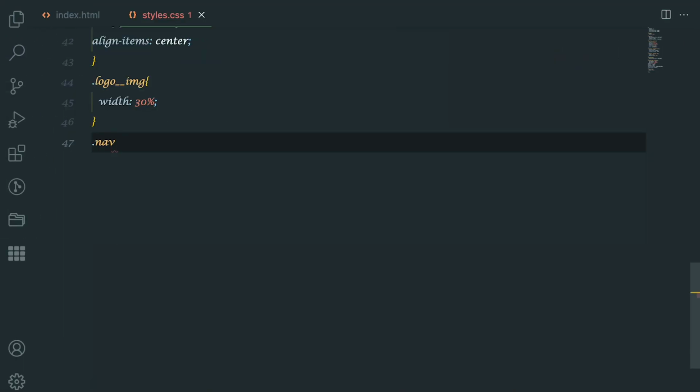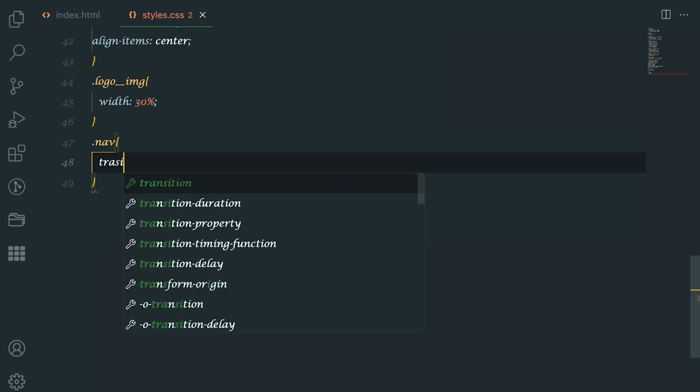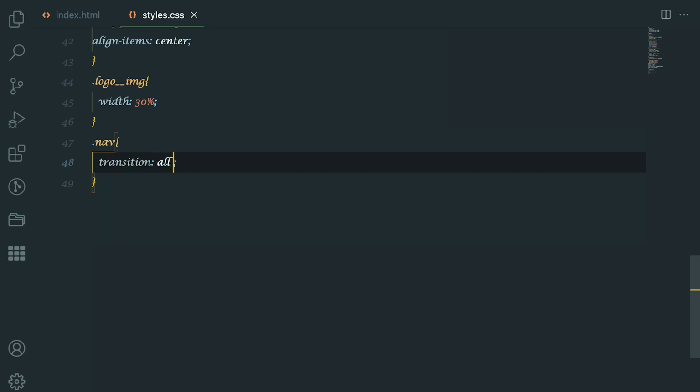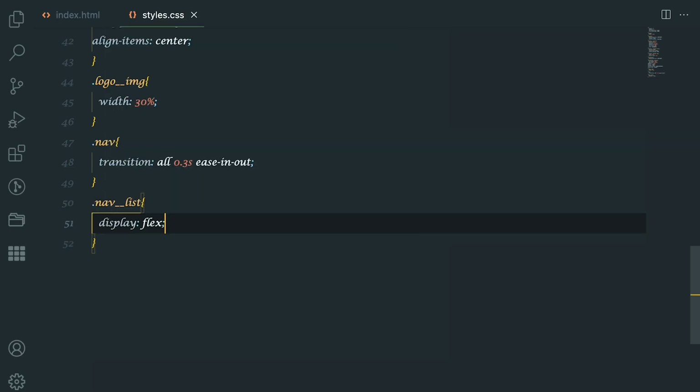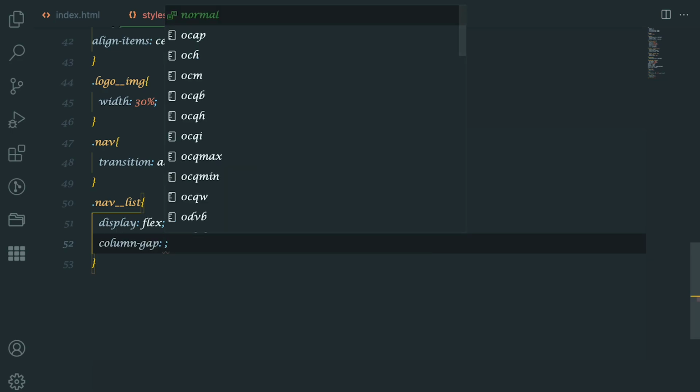For the nav class, we are going to apply a smooth transition effect to all the properties. For our nav list, the list items will be displayed side by side with a gap of 40 pixels between them.